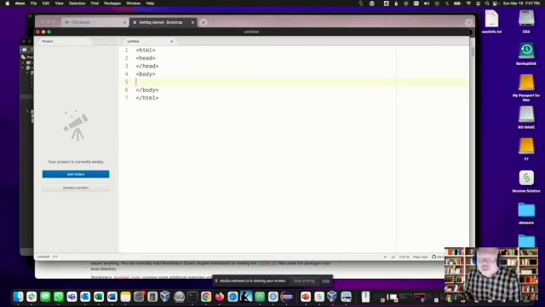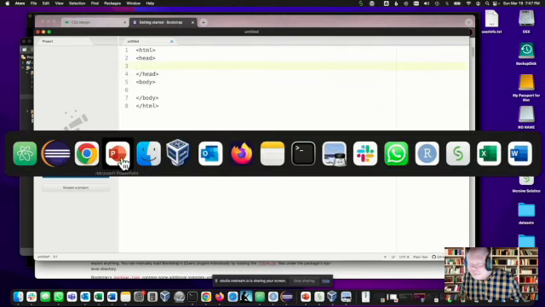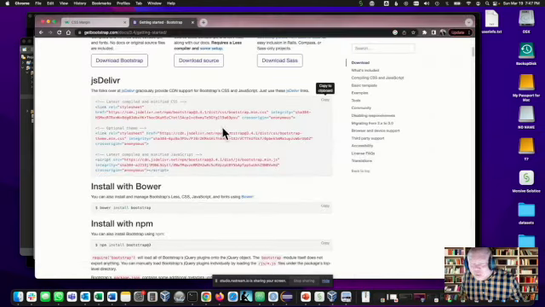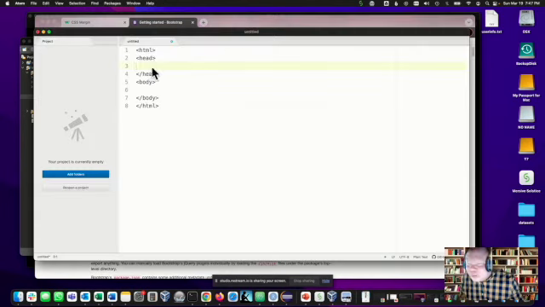You probably should be using a better IDE than Atom. Atom is actually no longer supported, so you shouldn't really be using it. But I have it on my laptop already. So I copied this code earlier by just clicking here. So if I paste this here,